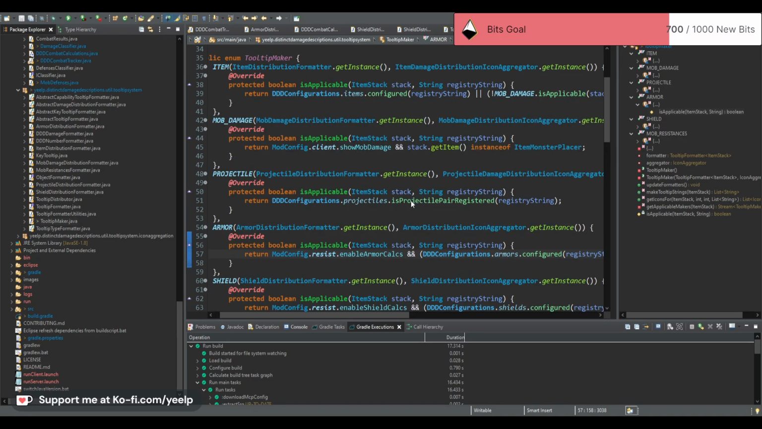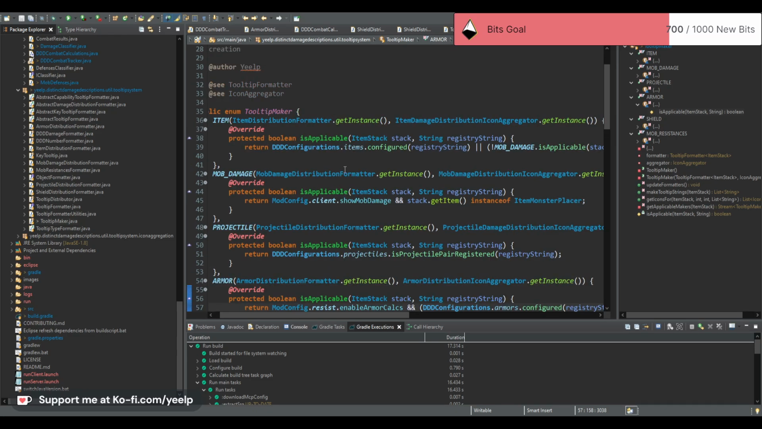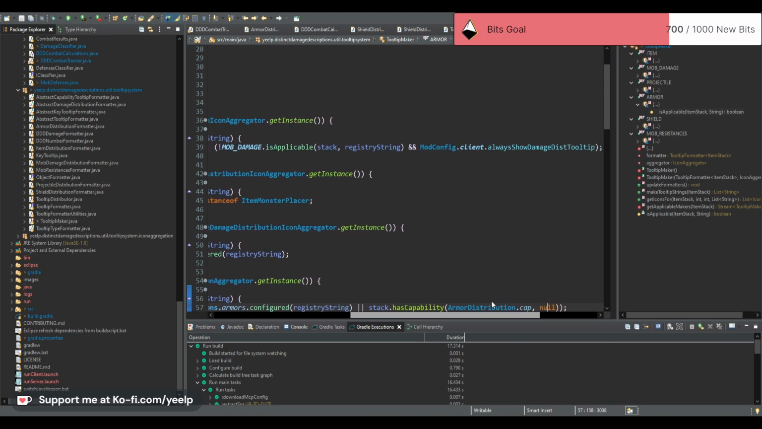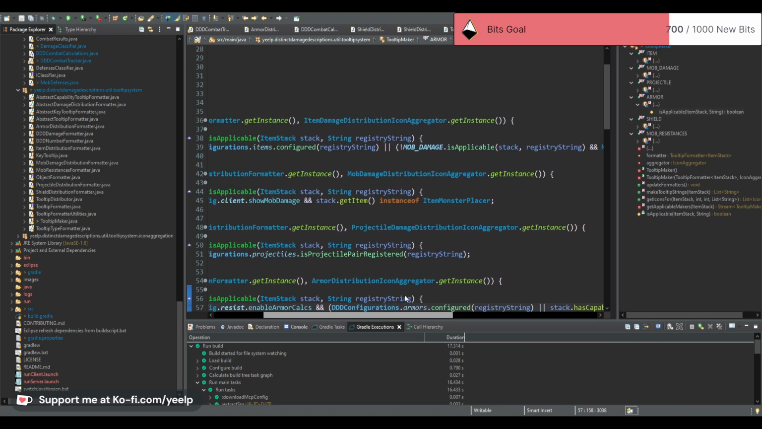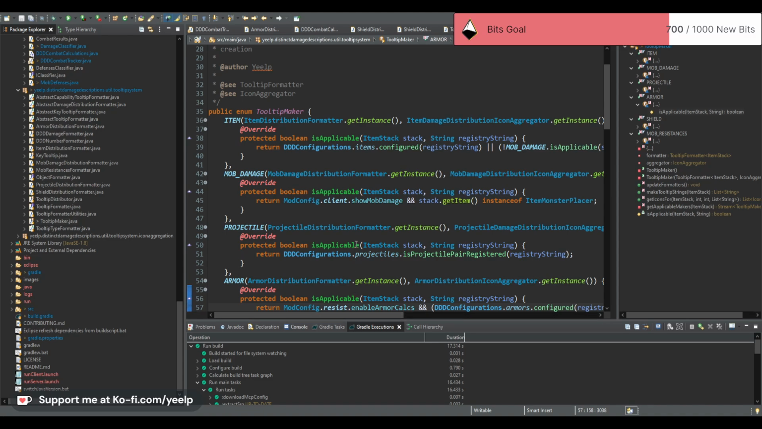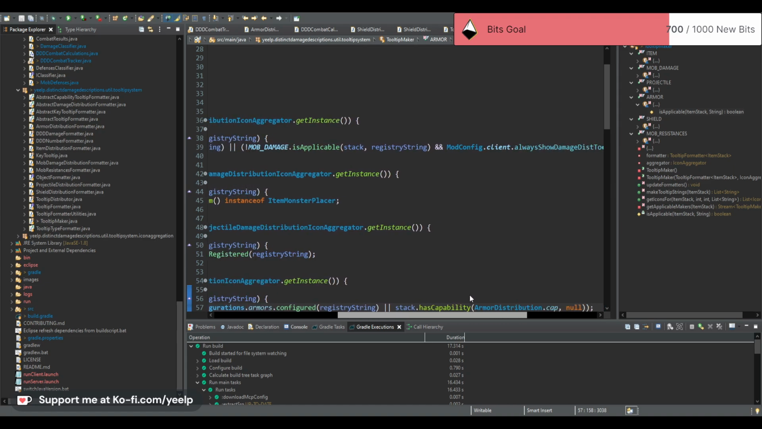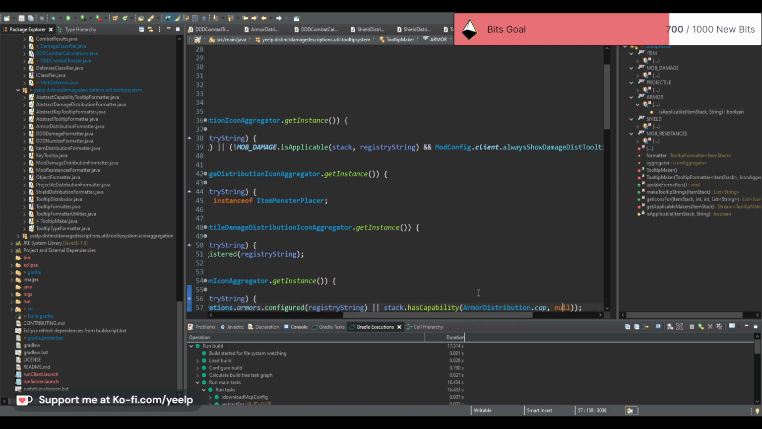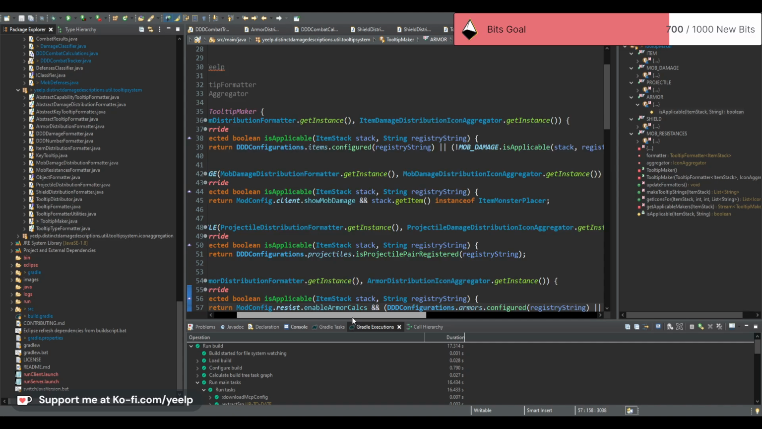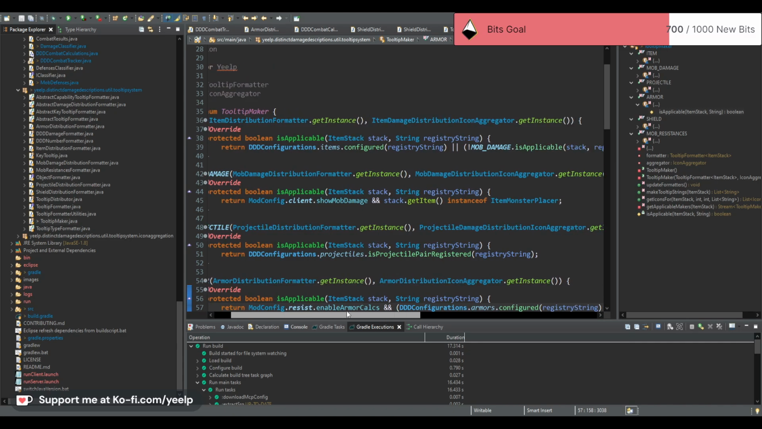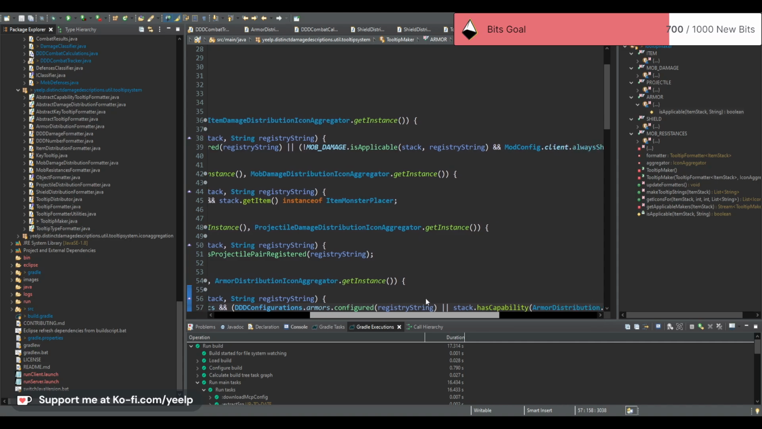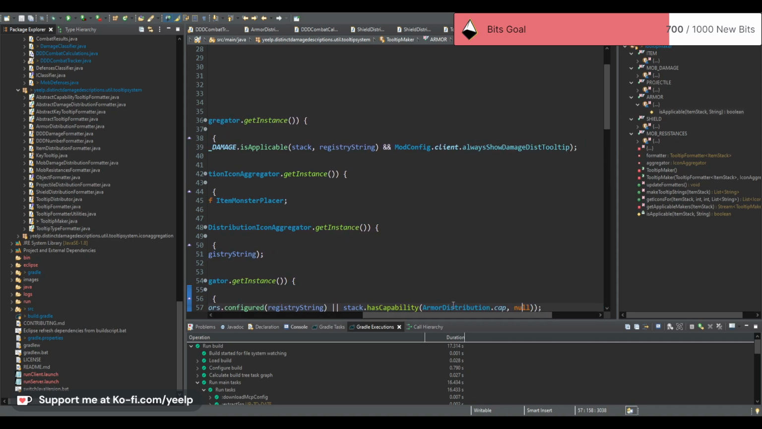This projectile pair being registered... I'm not too sure. If it's configured... Or that... Now, what if it's not configured? What if it's not configured, but it's given a distribution? So if we always show damage disk tooltip,